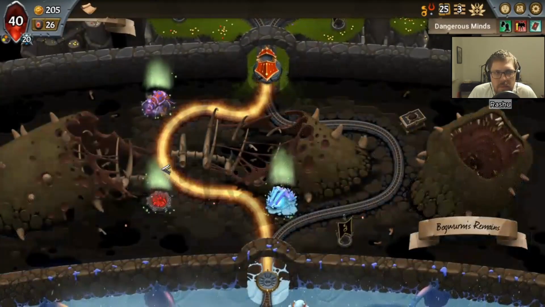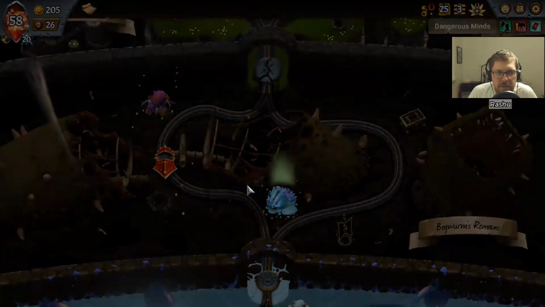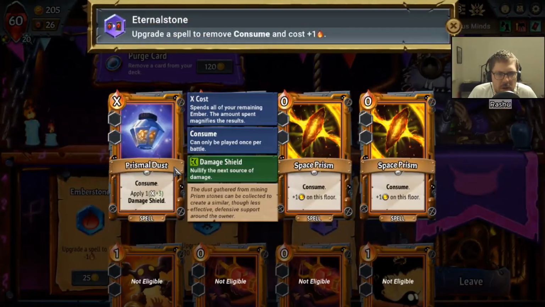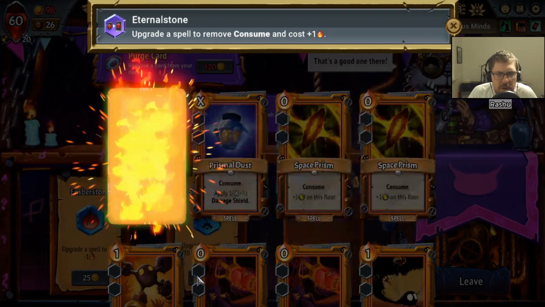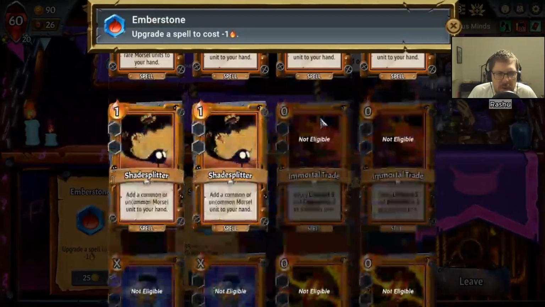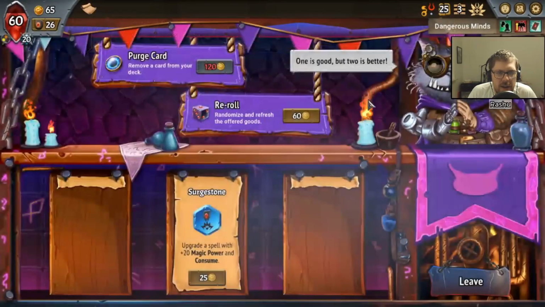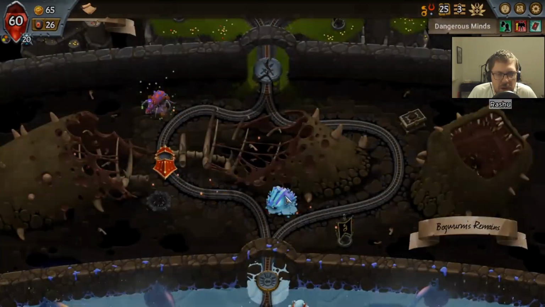If we get any Rage at all, this becomes extremely beneficial. Remove Consume. We could do that on a Prismal Dust. Not 2 of them, but just 1 of them would be fine. I'm okay with a free Cannibalize. Currently we have capacity issues, but that will change once we get...